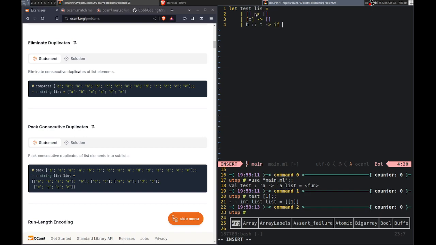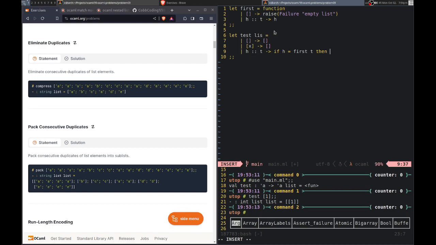So if, let's see, we need the first again. Could we implement that? Yeah, I'll just do it really quick. Let first equal function, and then we will raise failure empty list. And then with this we can do that, and return head. There we go. If I could type. Alright. And we'll do that there. If head equals first of t, then